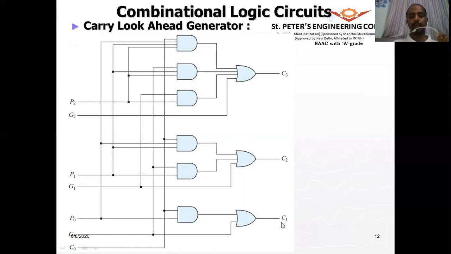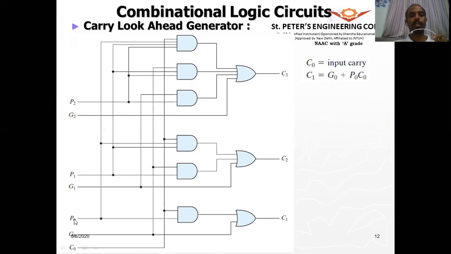when does the C1 output come? So when we have added the result, you see that C naught is the input carry, and what will be the C1? That is, when does the carry 1 occur? When G naught plus P naught C naught. So from this circuit, we can see when C1 is occurring, it has to wait for these two, that is P naught and P1.